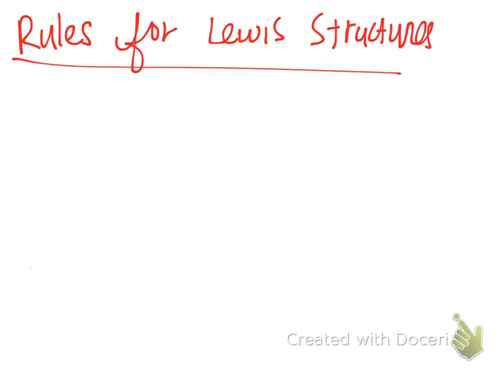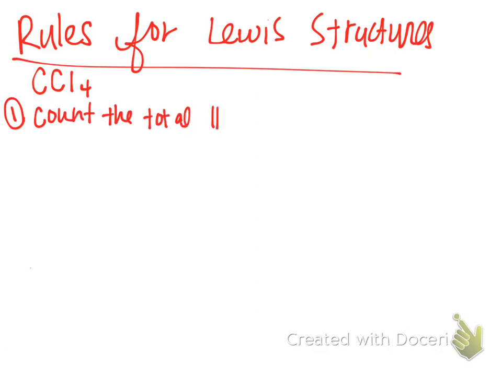Okay. So the first thing that we need to do if we're given a compound, let's say we want to start with the compound CCl4, and we want to draw the Lewis structure for CCl4, carbon tetrachloride. That's just an example compound. The first thing we have to do for that is count the total number of valence electrons